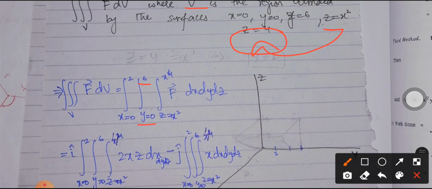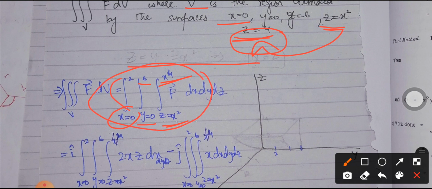So that's why z is varying from x square to 4, and we are only left with x, and x must have the finite limits now, and x is varying from 0 because the initial limit is given to x. So we are starting x from 0, and the maximum point is going to be 2, because when z is equal to 4, x will be equal to 2. That's why x is varying from 0 to 2 in this case. So here we are going to define the limits.